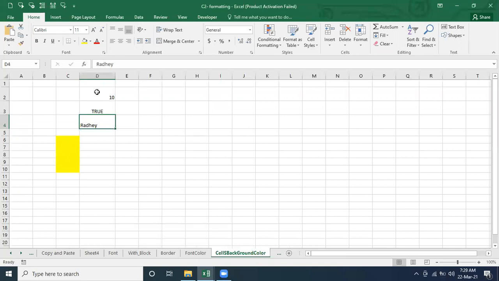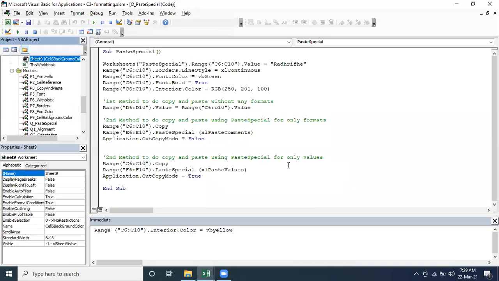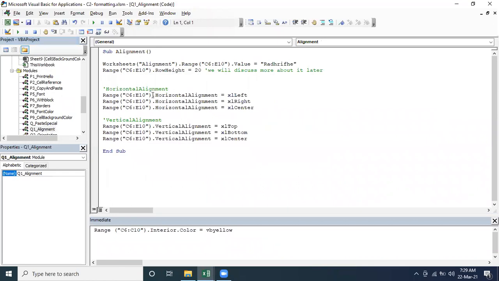Second thing, how can we do the alignment? First of all, see what we do manually. We are going to specify the range, or not? We are going to pick the range where we are going to do the alignment. In the same way, we have to define the range. This is the range, and